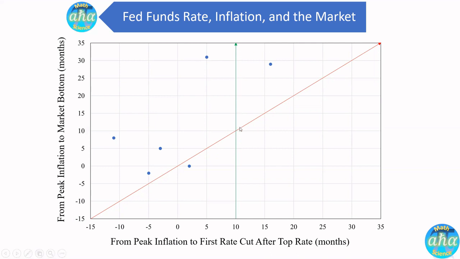So in the current case, you can see that we are definitely going to be confined by these two lines here, because the Federal Reserve has to make the first rate cut at least 10 months after the inflation peak. So we're definitely on this side, but then we don't expect our data point to be below this red line. At the most, it's going to be just on the red line. Most likely it's above it, because you can see these two data points.